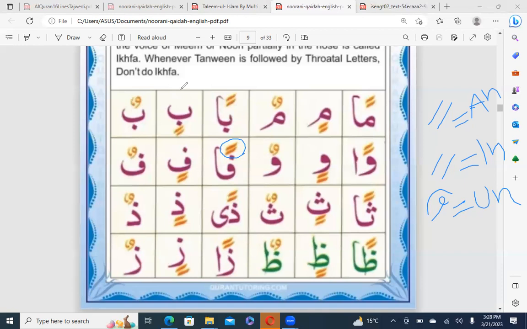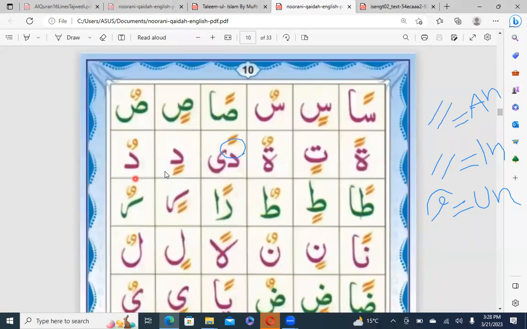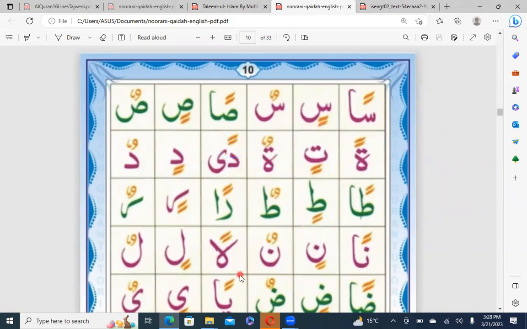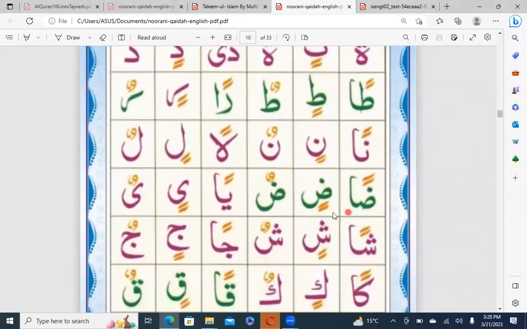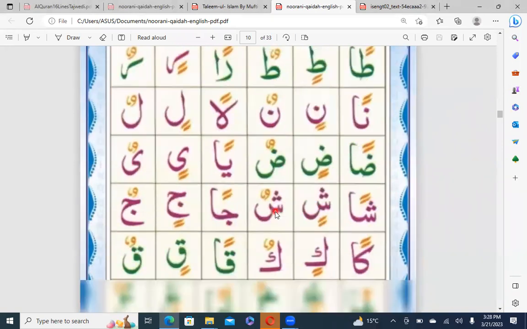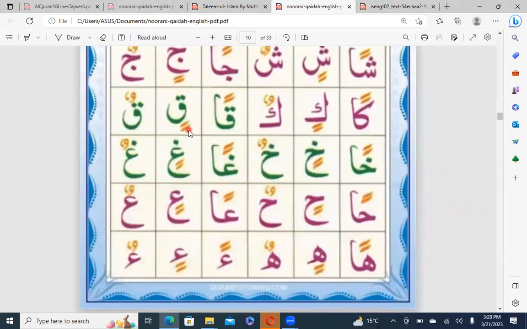Zan, zin, zun. San, sin, sun. Tan, tin, tun, dan, din, dun, qan, qin, qun, khan, khin, khun, ghan, ghin, ghun, han, hin, hun,